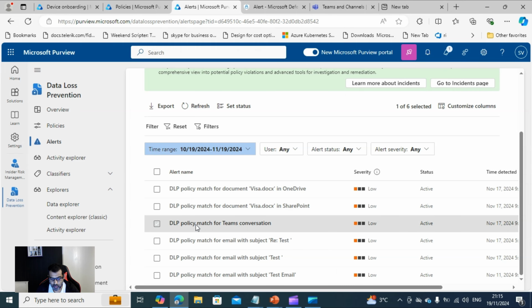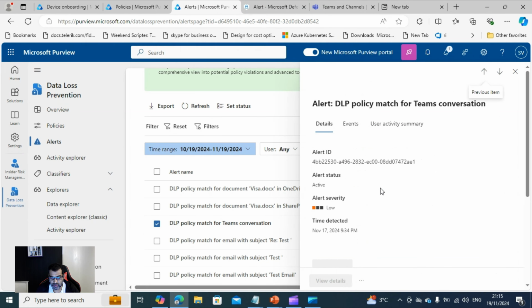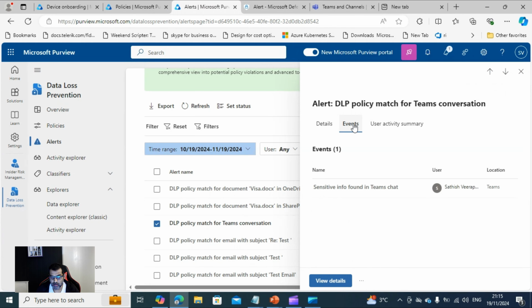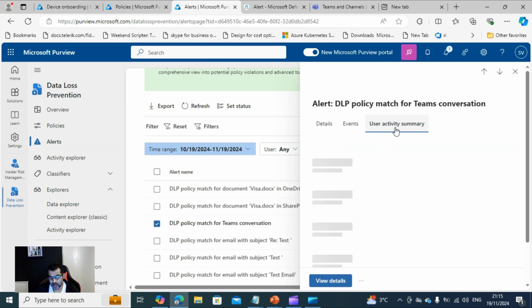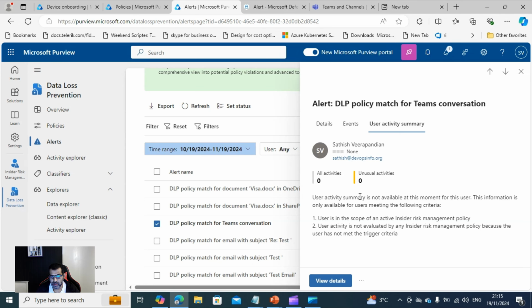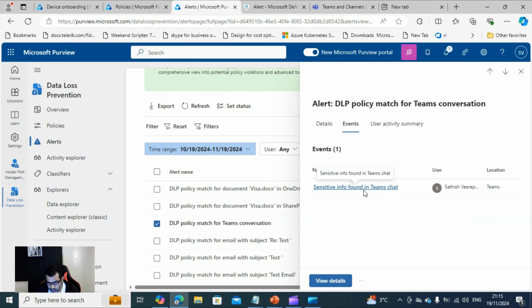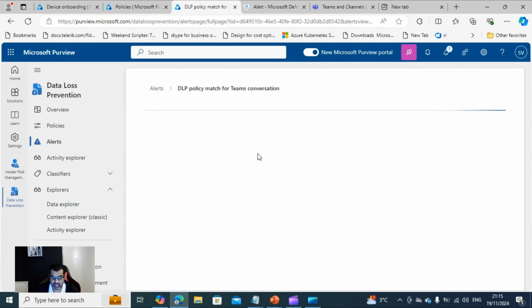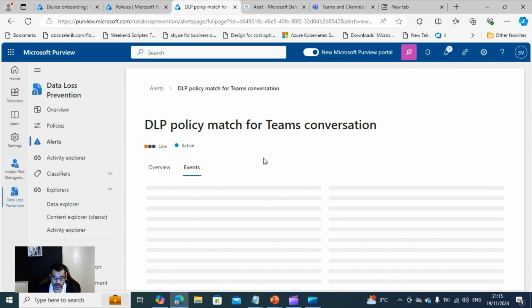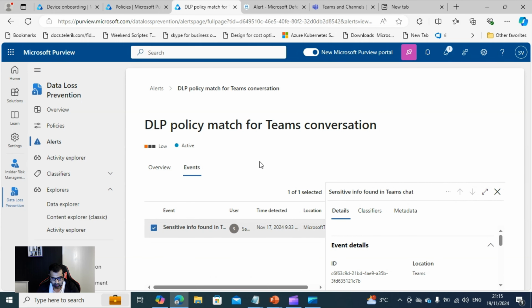And you see DLP policy match for Teams conversation. The moment you click that, it says what the event is. It gives more information: sensitive info found in Teams chat. The user activity summary says sensitive info found in the Teams. The moment we click on it, it gives some information. You see here,